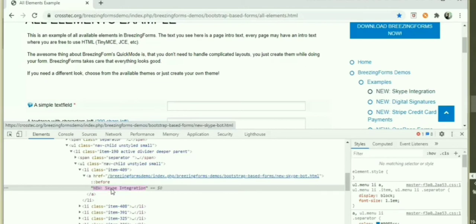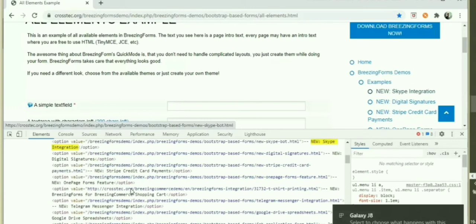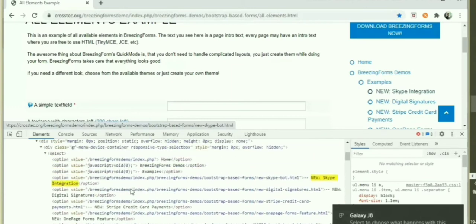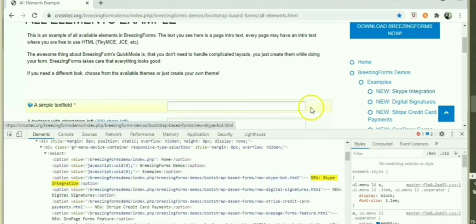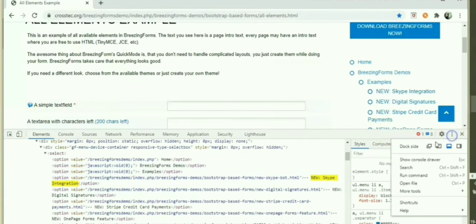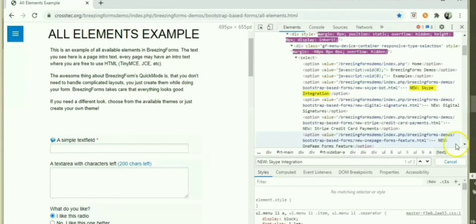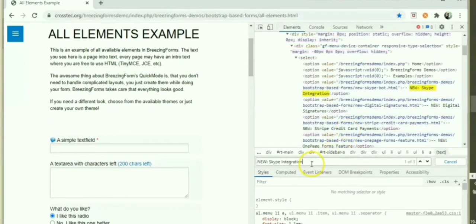Let me check. Okay, I think for the bottom sides it will not be clear, so let me copy this again. I need to move to the right hand side so that you can easily see this. Let me paste this value here and create an XPath for this.